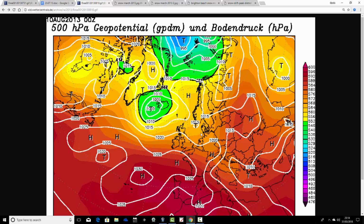Really, a few more facts and figures. So the lowest temperature is 0.2 degrees at Kimbrace on the 5th, only 5 days after that heat, of course. Again, truly remarkable, the changes that you can get in the UK, particularly in the summer, of course. It was drier than average, but also with some very wet days. So overall, we have an average of